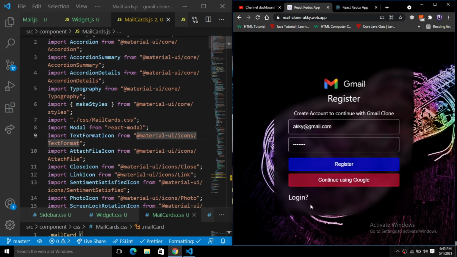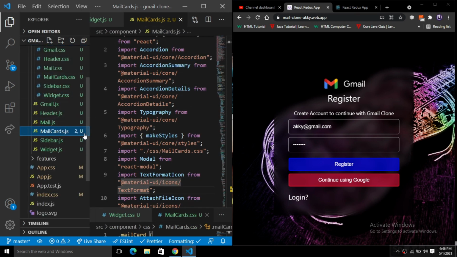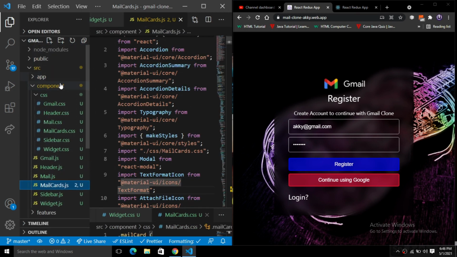In this part we will build the Redux state management tool for the user slice, and I will also use Redux later for the message sending, replying, or forwarding. So I will do that later. First of all, if you have opened the directory, inside of this directory we have a features folder.